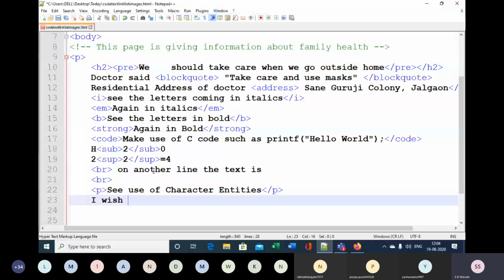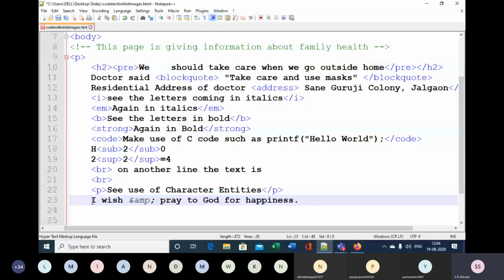Okay, this is the line. You can insert it in a paragraph also. In this line I have used the AMP character entity, ampersand AMP